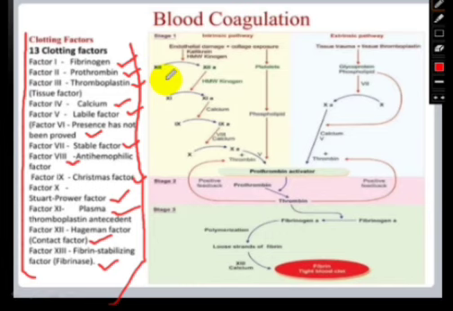I hope you can see the slide. Yes, it's clear. It is these 13 clotting factors that react together to form the final blood clots on injured sites. Alright? So, blood coagulation